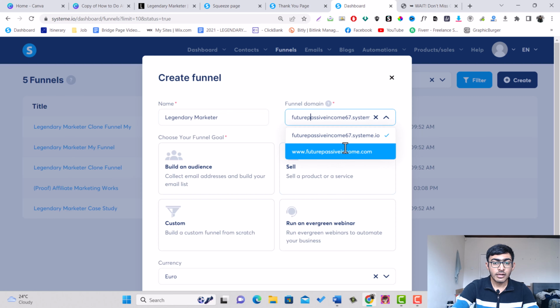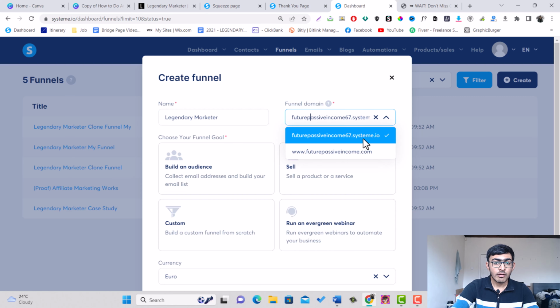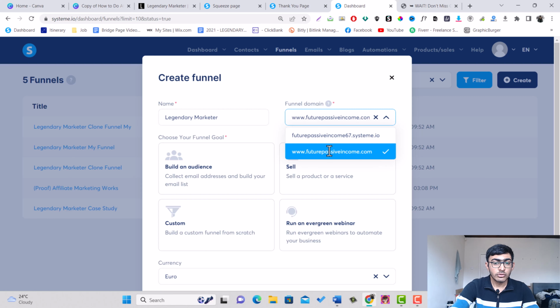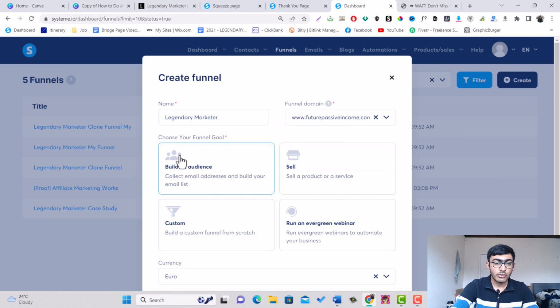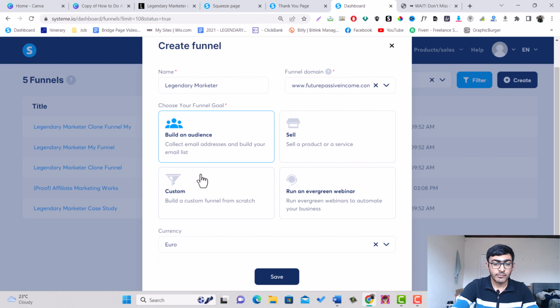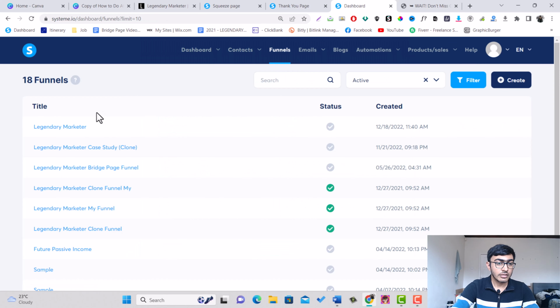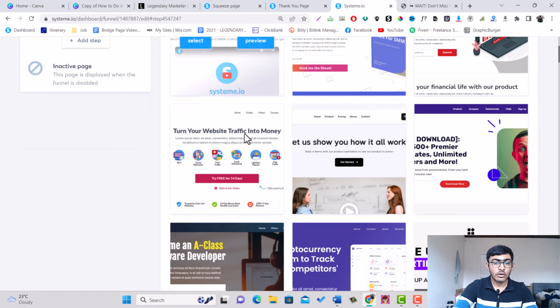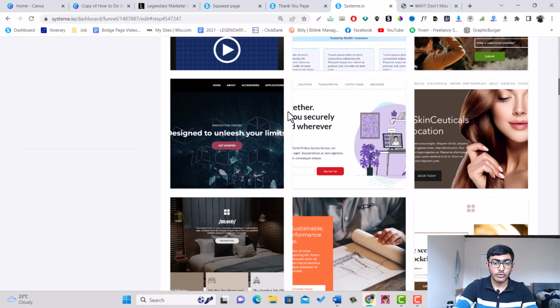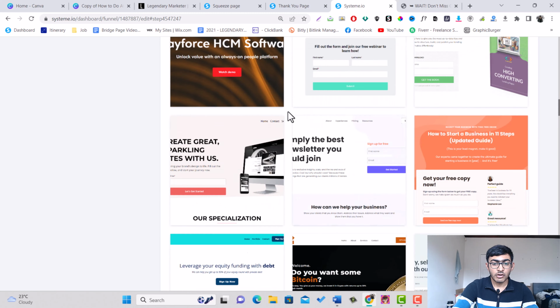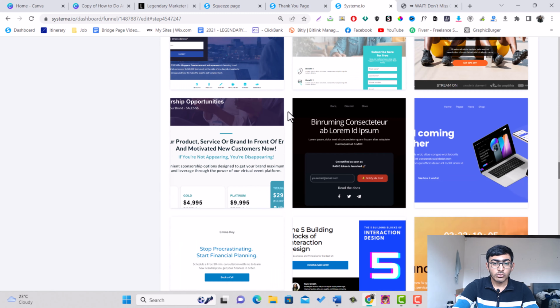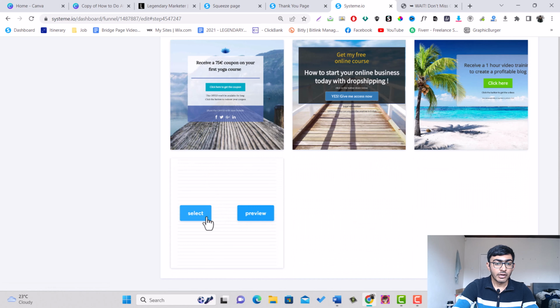So if you don't integrate your domain, then you will have a free domain name from systeme.io, right? But I already included my domain name. So I click on futurepassiveincome.com, and here you can just click on build an audience and then click on save. So here is the funnel that you just created. Once you click here, you will see there are lots of pre-made templates that you can use to build your landing page. But for now, I just scroll to the bottom and click on the blank template